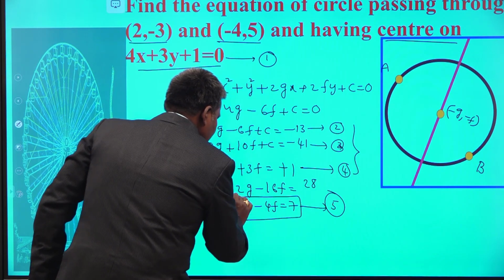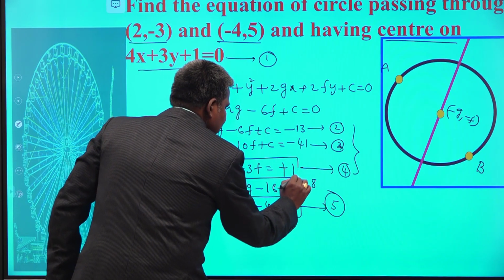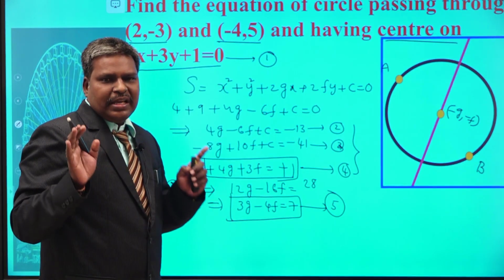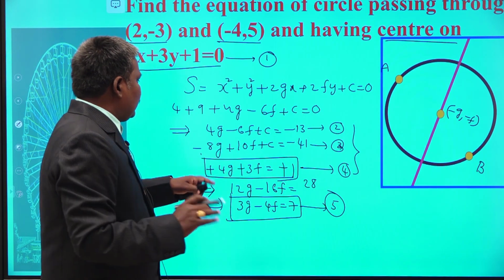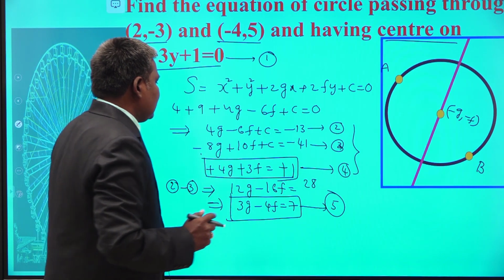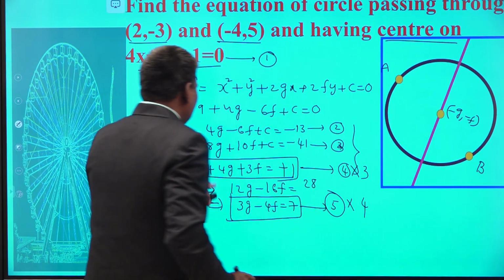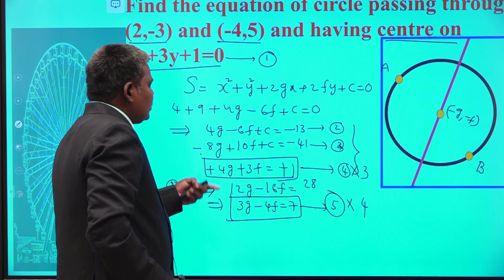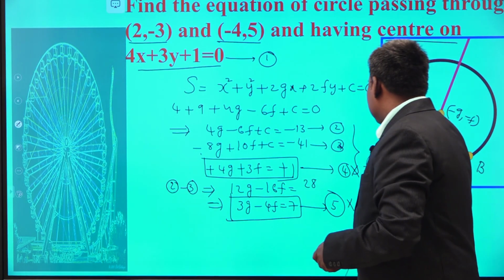Now, this is another equation in f comma g. Already we have some equation in f and g. This is 4. Once you solve these 2 equations, 4 and 5, we obtain the g comma f. Substitute g comma f in any of the 2 or 3, and we get the c value also. Substitute f, g, c in S is equal to 0. That is your target. So, multiply the equation 4 by 3 and 5 by 4 to get 12g. Here also you get 12g. When you subtract one from the other, you eliminate the g value. From that you can calculate the value of f. That is why I am multiplying with 3.